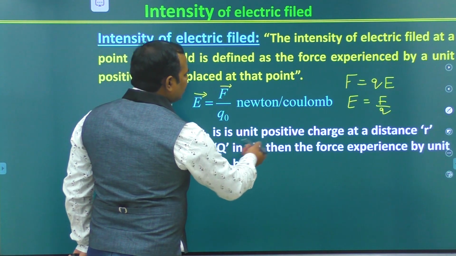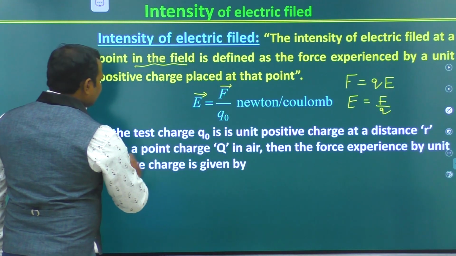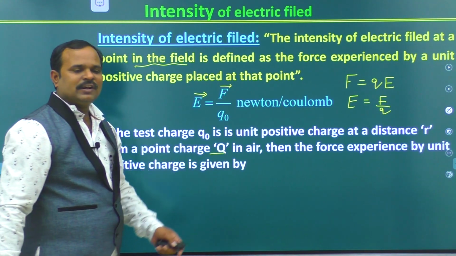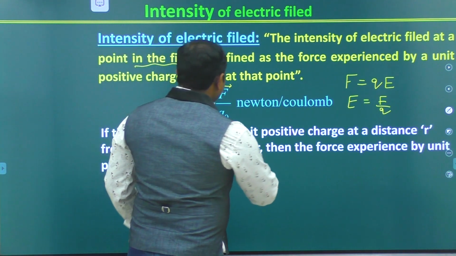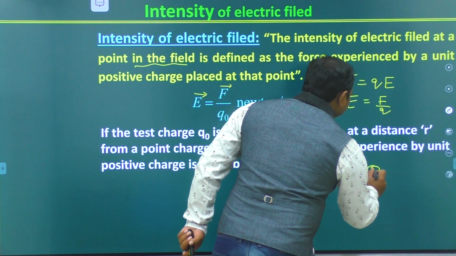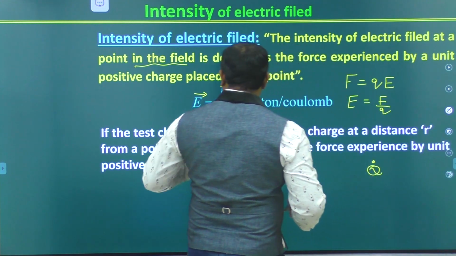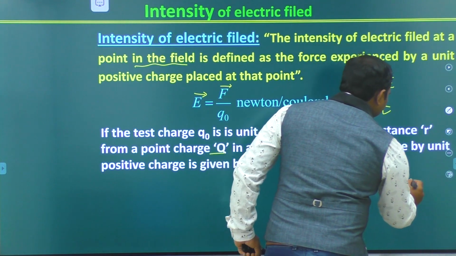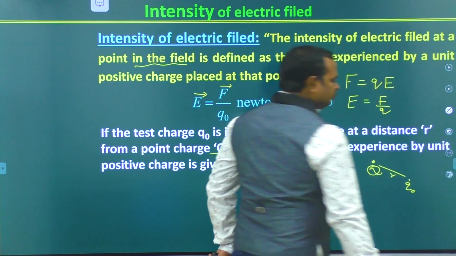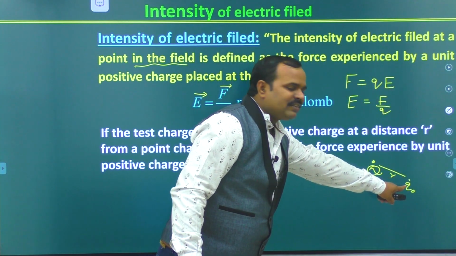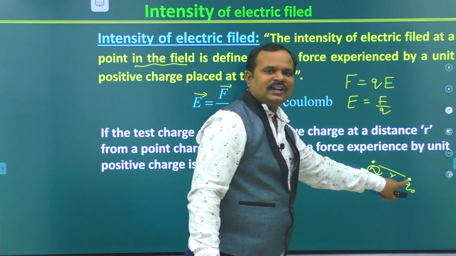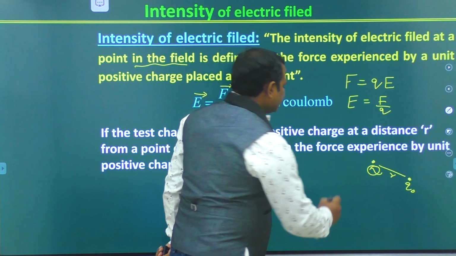So if you wanted to write in more detail, if the test charge Q naught is the unit positive charge at a distance r from a point charge Q in air, then the force experienced by the unit positive charge is given by F is. For example, if you see here, there is a charge Q. Now we are keeping another test charge, Q naught, at some distance r between them. Now the intensity of electric field at this point, this is the point of reference, at this point the intensity of the electric field can be written F is equal to